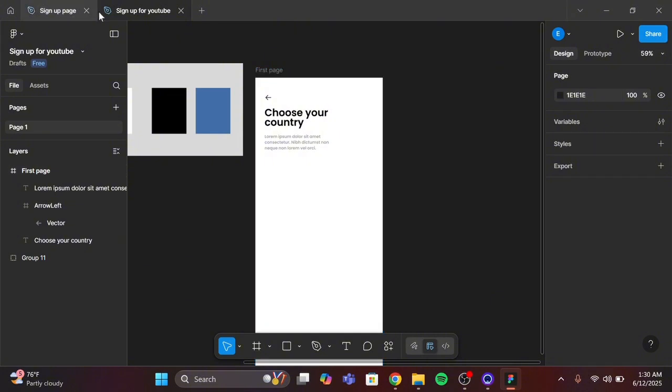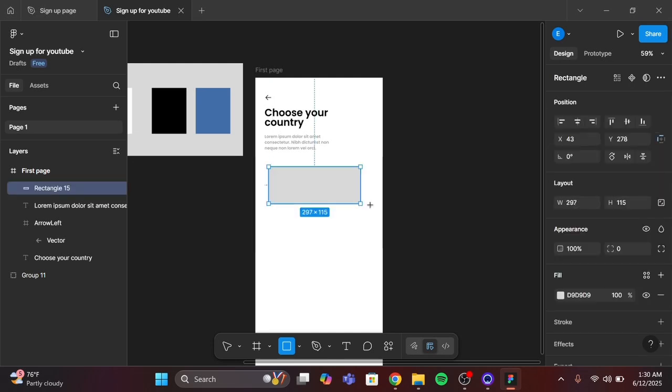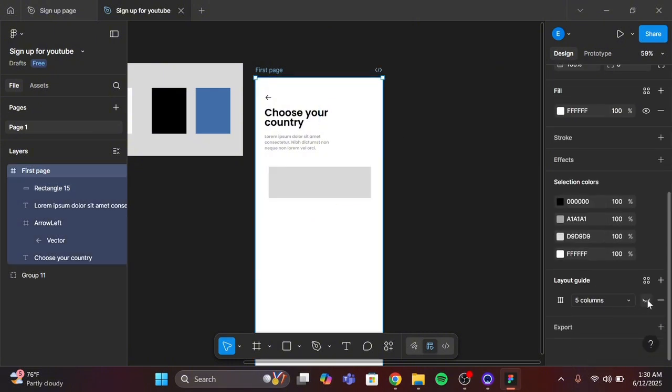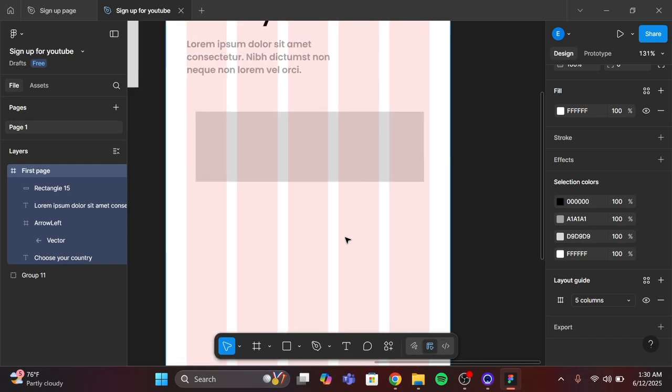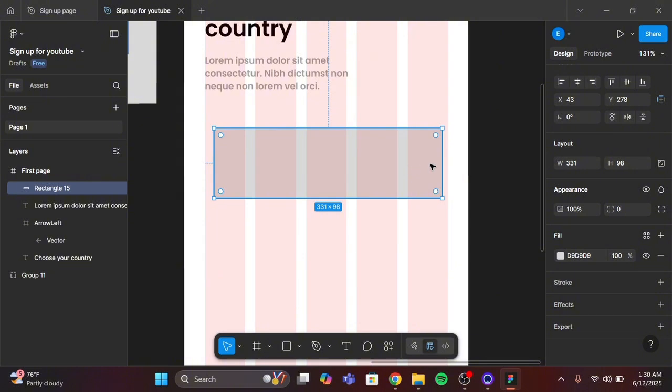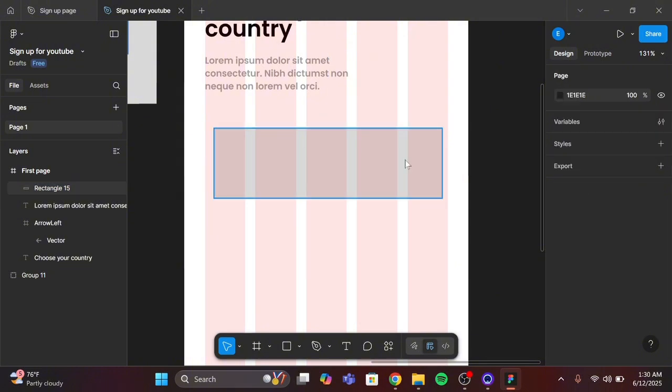So the first thing to do is to get a rectangle tool. This is a rectangle tool. To draw this rectangle, make sure that it is aligning with our column. You don't want to extend the column you gave, and you don't want to step into the margin. So click on this rectangle tool. When you click on it,